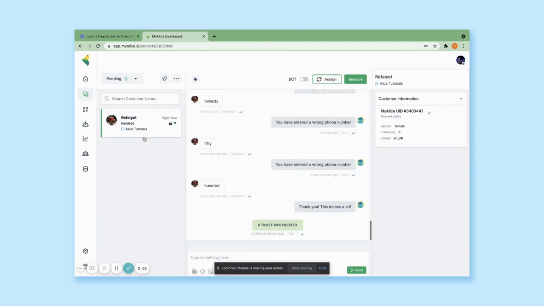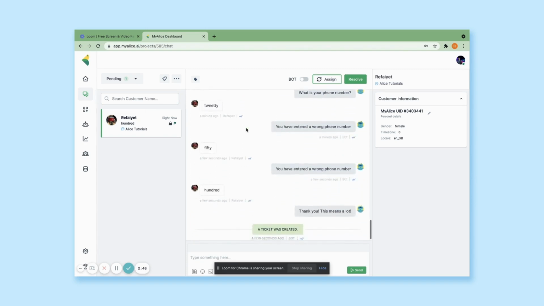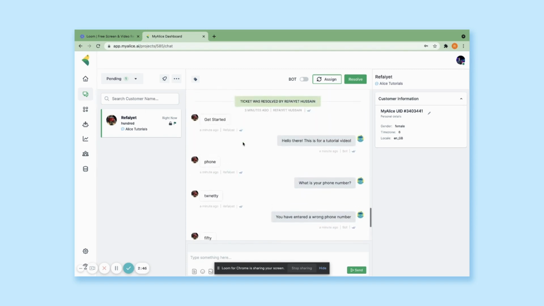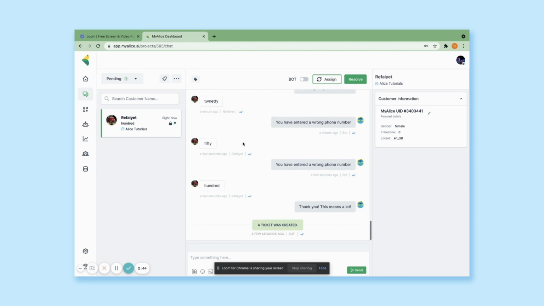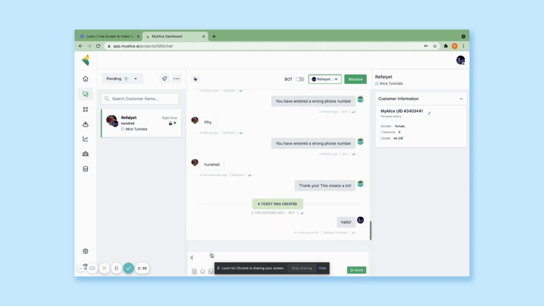As you can see, the ticket has come over here, and with the history of the conversation, the agents can understand how to navigate or how to converse with the customer. So now if I type in hello, can you please give us your phone number? An example would be,